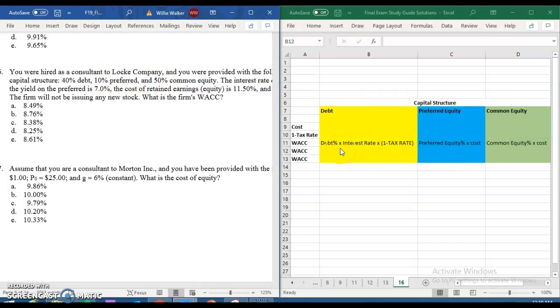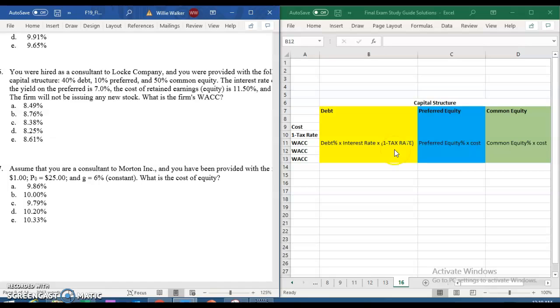The first one being debt. We take the percentage of our debt, multiply that times the interest rate, and then we multiply that times 1 minus the tax rate. This last piece, 1 minus the tax rate. Companies are allowed to take a tax deduction on the interest that they are charged by their lenders. Okay, so in order to capture a true weighted average cost of capital, we have to account for that tax